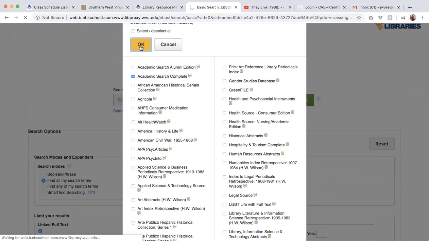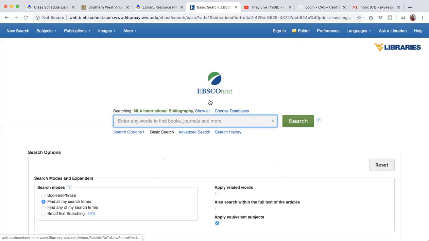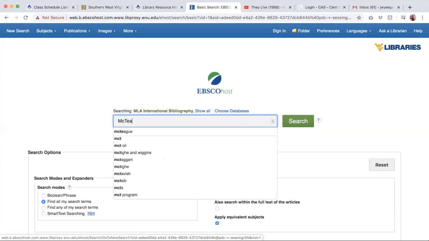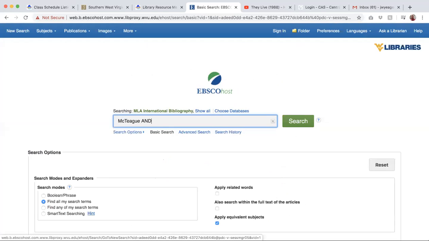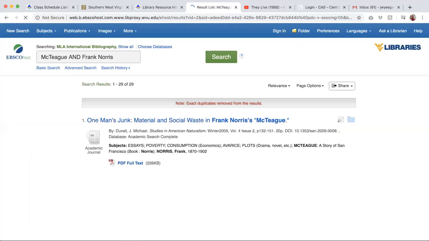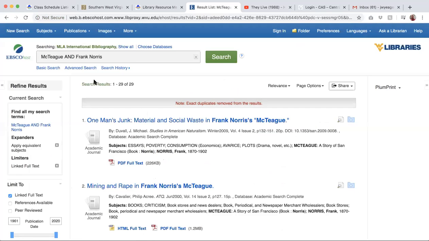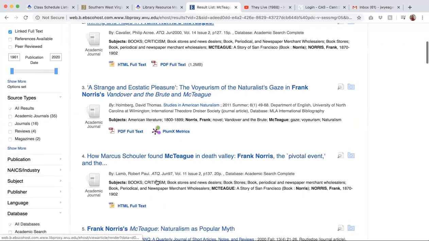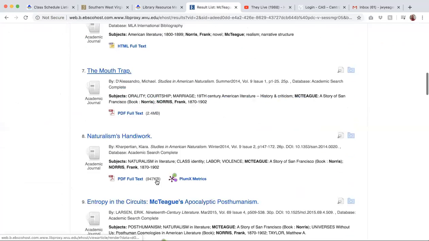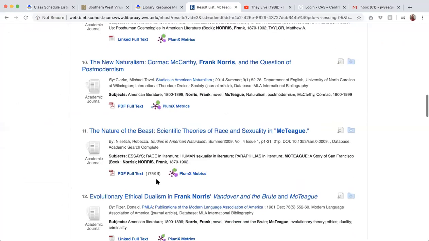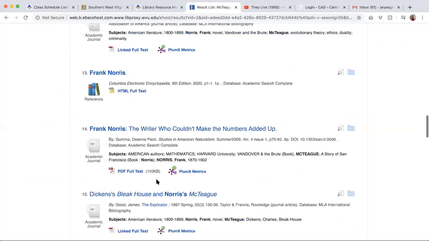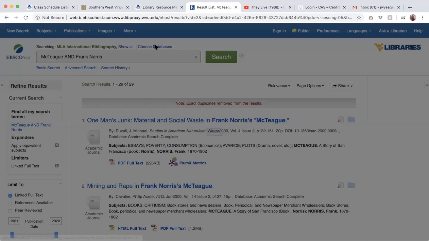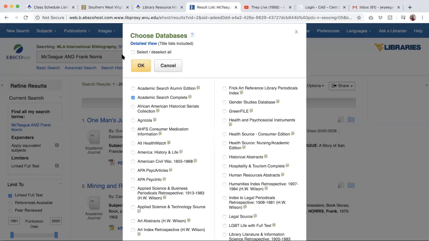But I'll type McTeague into this. What did we get a minute ago? About 100 results or something? Let's see what we get here. I have about the same, actually. Maybe I just need to search more databases. Let's search them all.